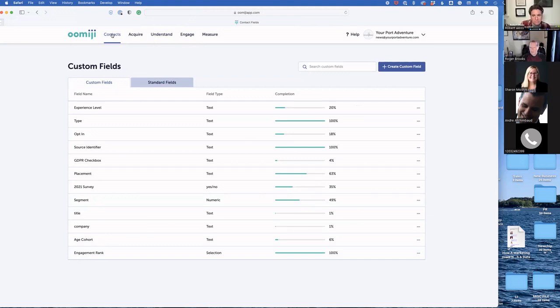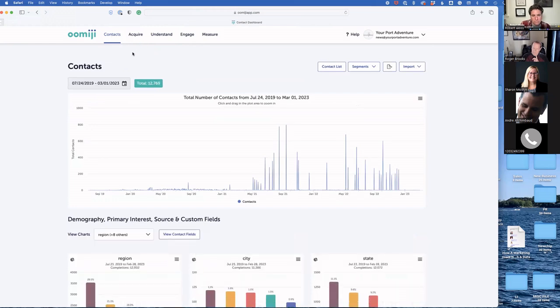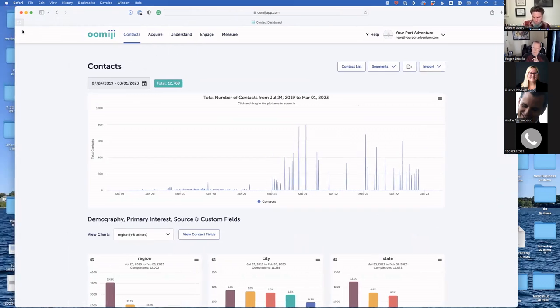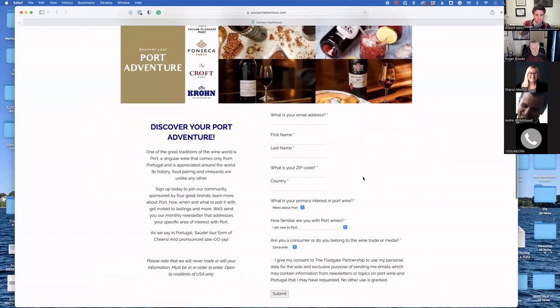Hey, John, I had a question for you. Sure. This is really impressive. You mentioned the Zito ad versus the other ad. How did you actually track those? Are those separate URLs that they click through? So you drive people to landing pages. And so this client, for example, this is their landing page. And it's a different URL for every tactic that they have.